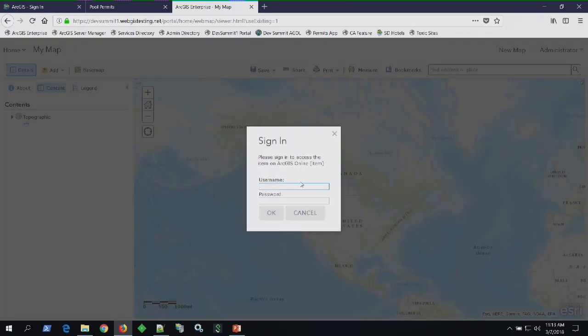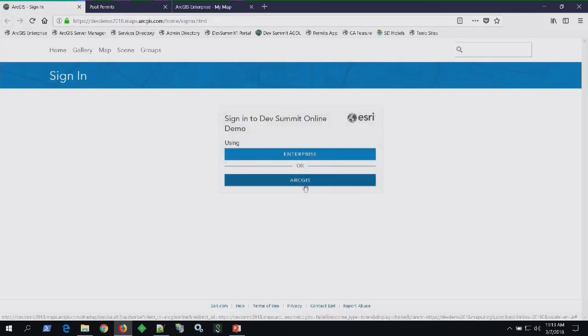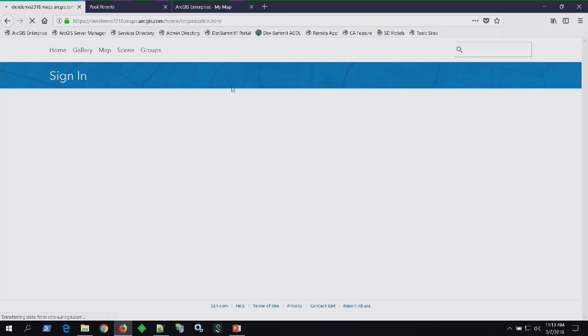Okay, so in this case, I get the sign-in window here. Now, this is similar to what I demonstrated with registering the web application, where if you're using ArcGIS accounts, built-in accounts, you can sign in here, but if you're using enterprise accounts or social logins, for example, you can't sign in. And so if I go into my ArcGIS Online organization, log in here as an administrator,